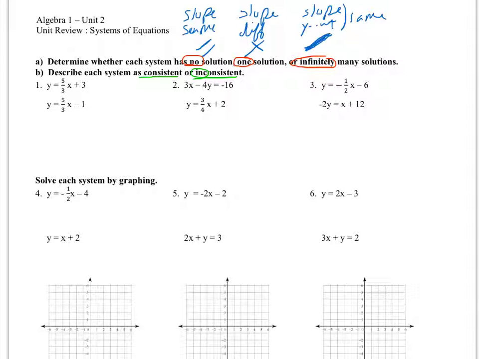So if I look at the first one, I automatically notice that I have the same slopes and different y-intercepts, which means that they are going to be parallel, which means there are no solutions. And because there are no solutions, they're called inconsistent. If you have one solution or many solutions, so I didn't write this on here, but one solution is consistent, infinite is consistent, and no solution is inconsistent. Alright, number 4,